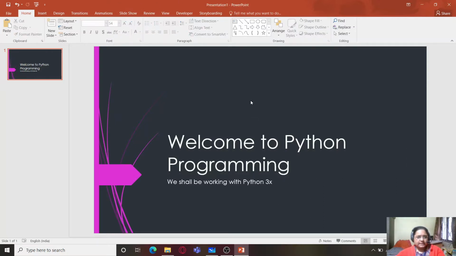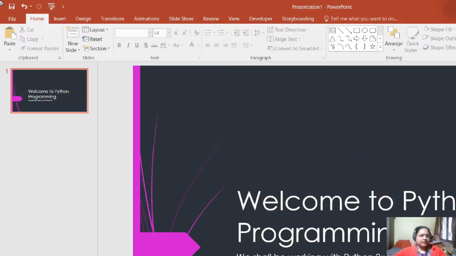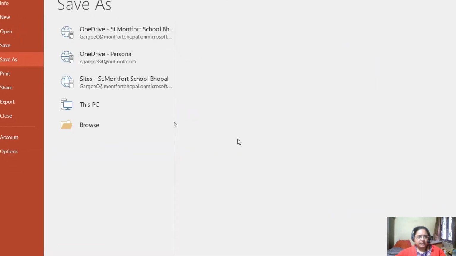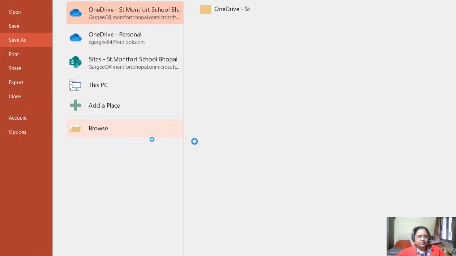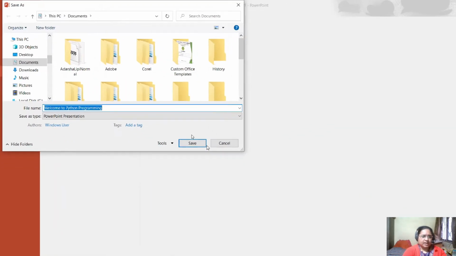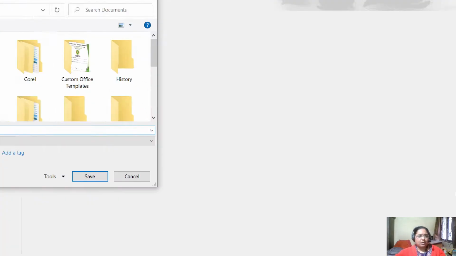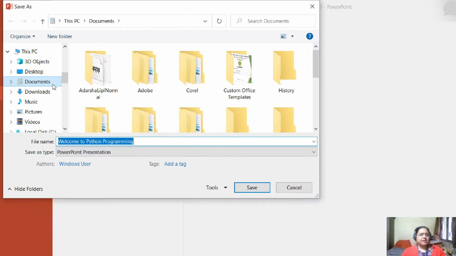Now, first thing, how to save a presentation. So we can save a presentation very easily. You can see the quick access toolbar over here, where you can see a save button. Also, you can go to the file tab and select the save option. So we'll click on the save option. We'll go to browse, and here in this dialog box you can just select a suitable location. So all these you are already familiar with the save and save as option.